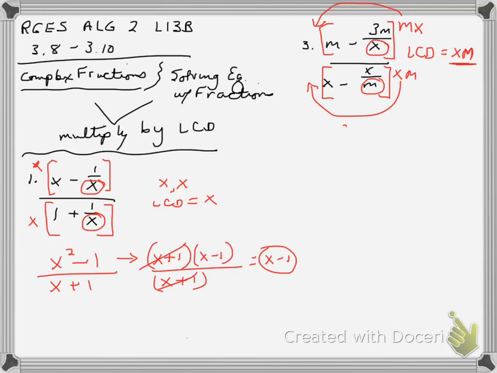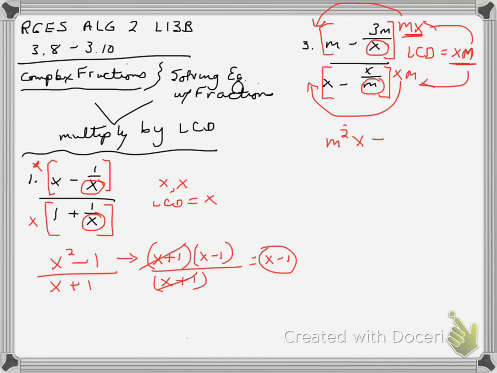I apologize for that. Okay, so you're multiplying by the least common denominator in both cases, the numerator and the denominator. Now we're distributing then mx through the numerator, and mx times m will be m squared x